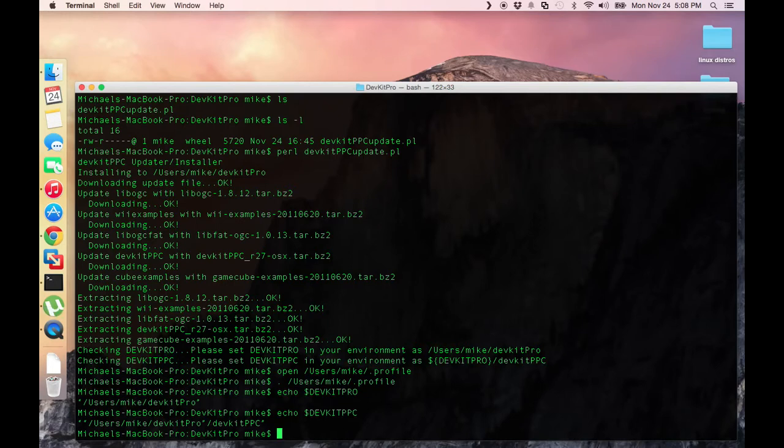Now it looks like the quotes are not supposed to be there. As you notice, it's given us quotes here instead of the actual